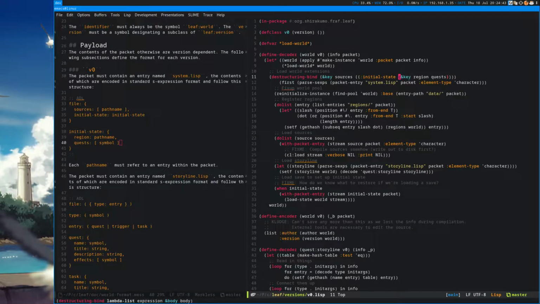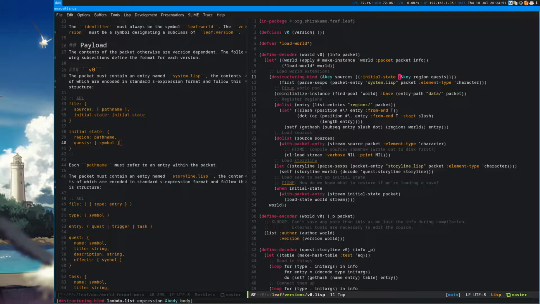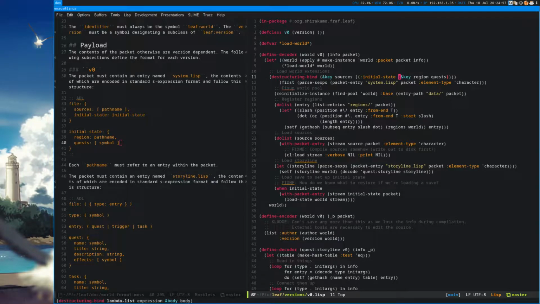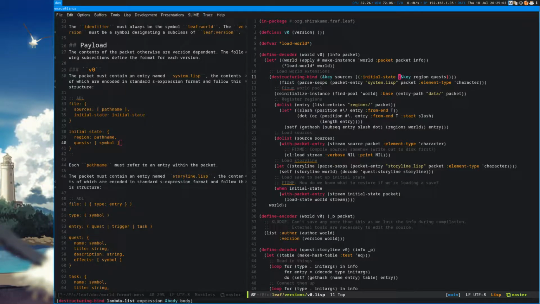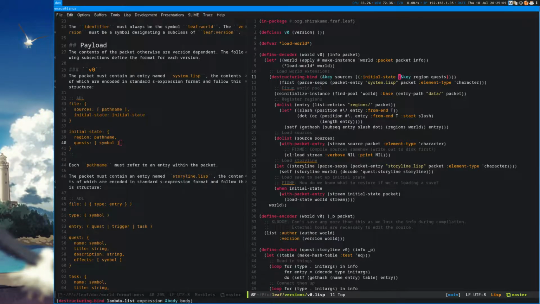So you might be confusing what a region is. A region in this game is the entire game world, which might be divided up into, well, separate regions. There's only ever one region that's active at a time. You can't have two different regions loaded at the same time. That doesn't make any sense.